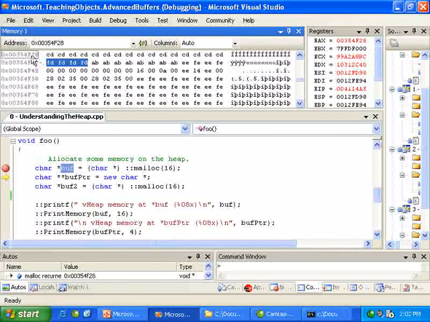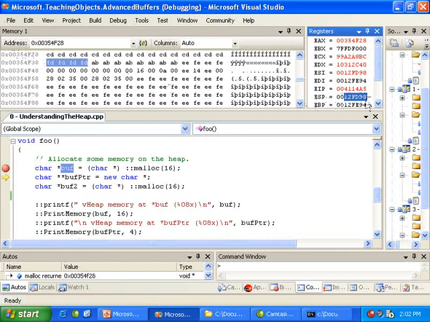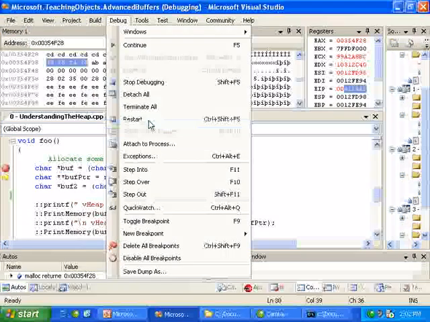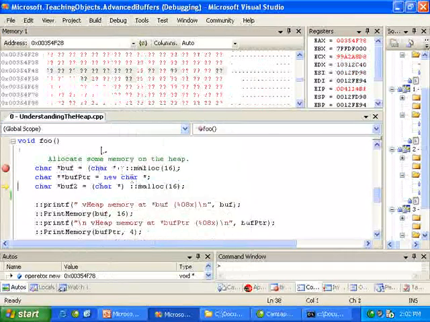Now this is a value that is significantly different than our stack pointer, if we look over here, 12FD98, and also our instruction pointer being 4114A5. So you see that this heap memory is in a significantly different location than either the stack or the instruction memory. Now if we step over here and we go to our next line of code, you'll see that we've actually been moved a bit,